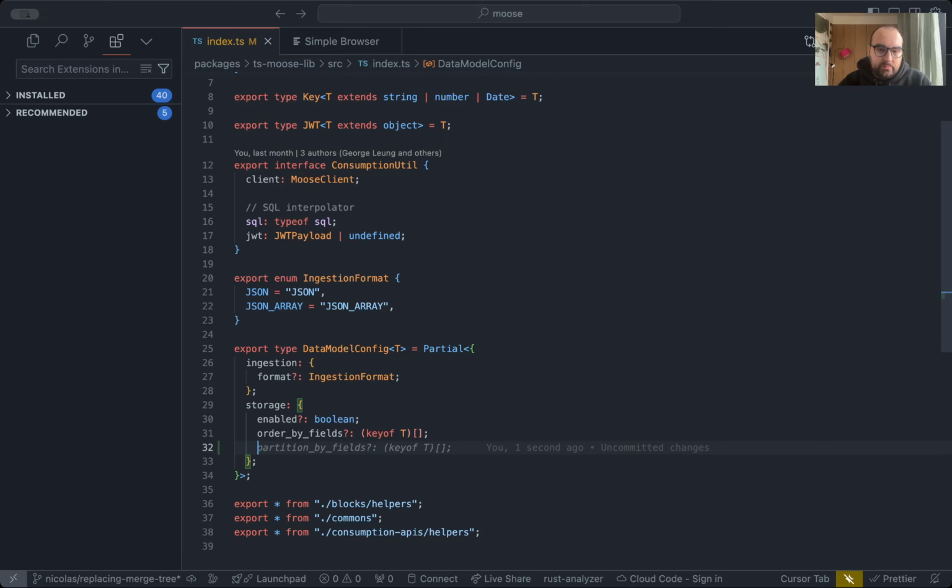So we want something that's not particular to Clickhouse, and we'll figure out a different solution for different backends. So what we'll put here is deduplicate, as a boolean, and then we'll need to interpret this